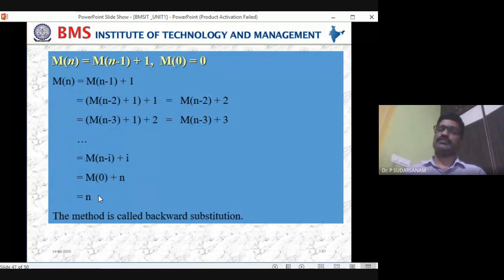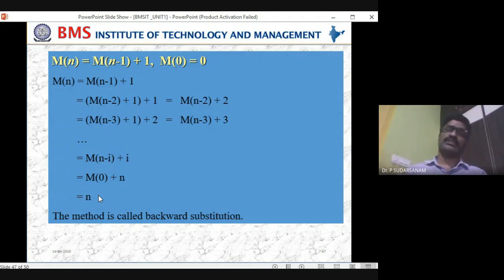Condition checking or multiplication or addition, whatever it may be. The general equation is nothing but you have to write how many looping statements there are in the non-recursive problems. Just put the summation with the values you are getting. That means the loop is executing from what to what. Suppose the loop is written for i equals 0 to n, write 0 to n.